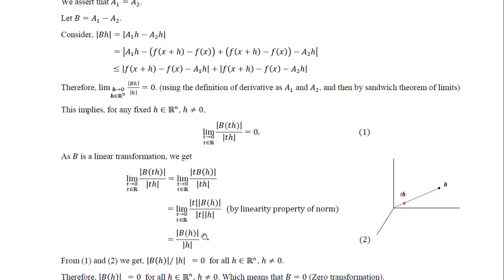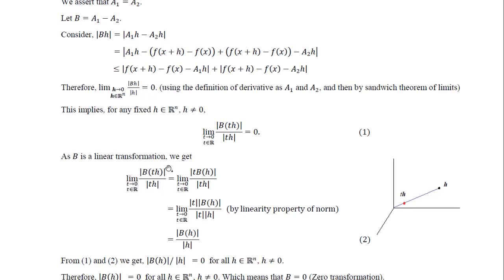And what we have on the left-hand side is nothing but the norm of Bh upon the norm of h. It is independent of t; no t is involved. Even if we put in the limit as t tends to 0 on this left-hand side, this portion effectively does not have t. In fact, we should have left this limit. We should omit it here.